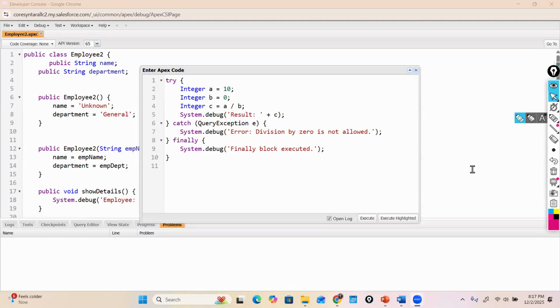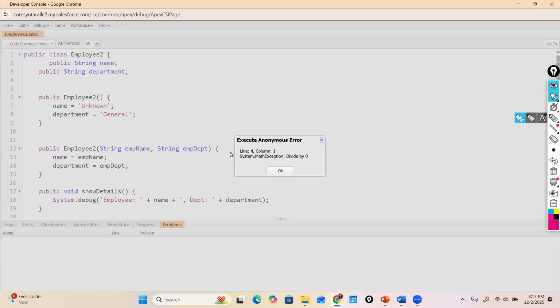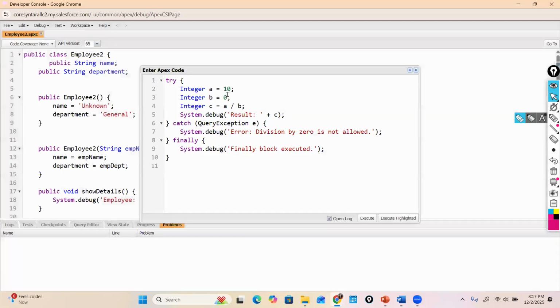Have you handled the exception in this case? No. So what's going to happen? The program will abruptly end; the finally block will get executed. See, here the execution stops at line number 4, math exception, divide by 0. It didn't do anything else. It got abruptly ended because you have not handled the exception correctly, because this is throwing a math exception and